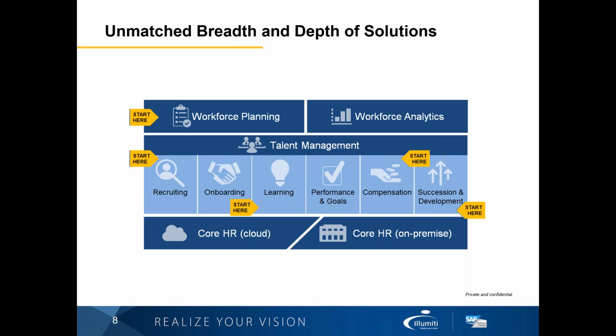Now you'll see these different start here tags just randomly placed on this screenshot. That's to indicate that all of our solutions are modular in nature. And so you can use each one as a standalone component, such as recruiting, or you can use multiple in conjunction with each other, and they share that same underlying foundational database. And so that allows you as a customer to determine where it is you want to start. If your immediate need is recruiting, then you don't have to implement our core HR in order to use our recruiting module. You can start with just the piece you need and determine the roadmap for moving forward according to your business needs.